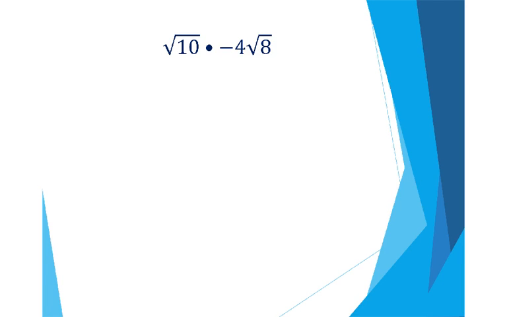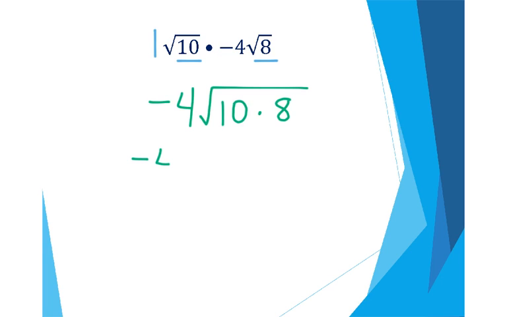8. And so when you multiply radical expressions, what you're going to do is look at your coefficients. The radicals kind of act like variables, not exactly, but they kind of act like that. And we're going to do 1 times negative 4, and then you can say the two radicals go together, so then you're going to say 10 times 8 inside your radical. So you can multiply those two together and get 80. And you can also go ahead and just break things down because you're going to have to simplify your radical anyway. Sometimes it's easier if you're going to do 80 if you know what that is, and it happens to